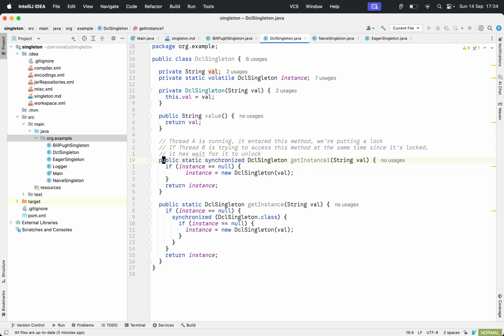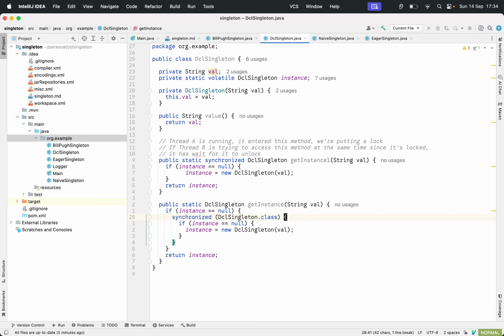But this has a flaw, because every time you try to use this getInstance, you're locking even when it is not necessary. You have to lock this only when you're trying to create the singleton object. So that's why we are checking for null here first, otherwise we are returning.